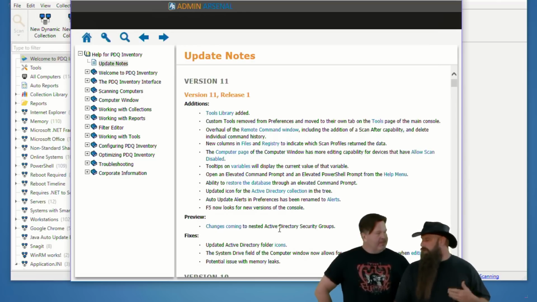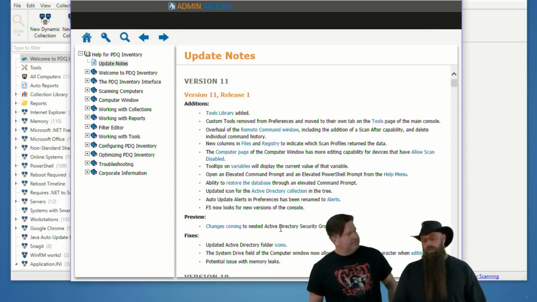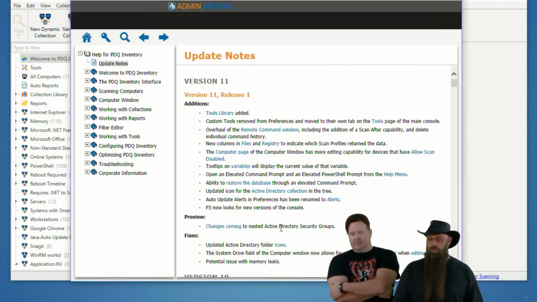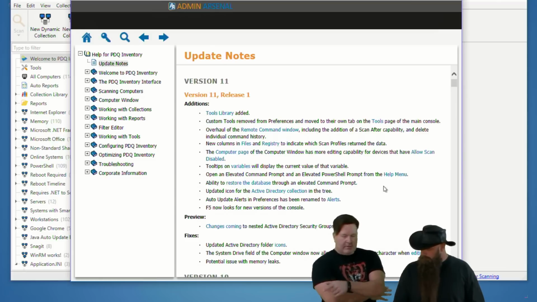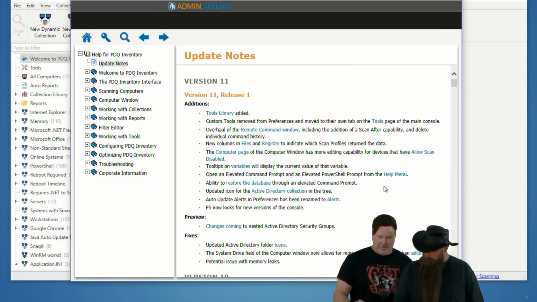And as part of the tools, those of you who've used variables in the old custom tools will see those variables have changed. Instead of the percent Windows variables, they've gone to the variables that we use. The other thing I want to point out is the ability to restore a database through an